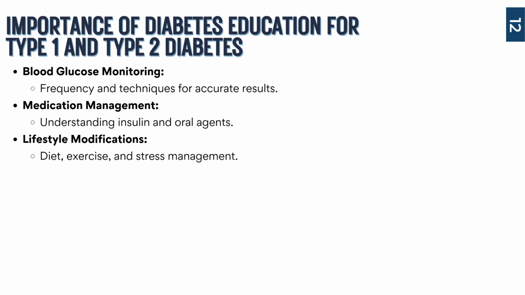So the last thing I'm going to talk about is lifestyle modifications. Obviously, a balanced diet, regular exercise, and stress management are all going to contribute to good glucose control. So as a nurse, you need to be educating your patients on these different things, including how to count carbohydrates, adjusting the meals for activity levels, and incorporating relaxation techniques or some things to calm them down so they don't have constant levels of stress, so that they have optimal glucose levels.